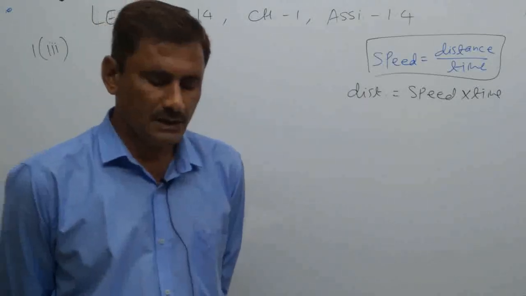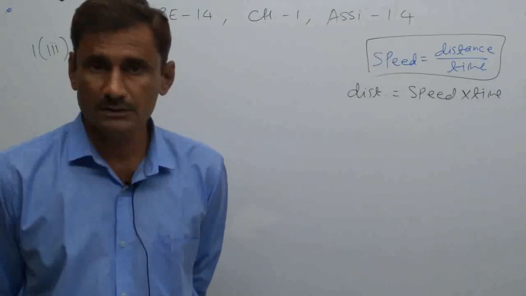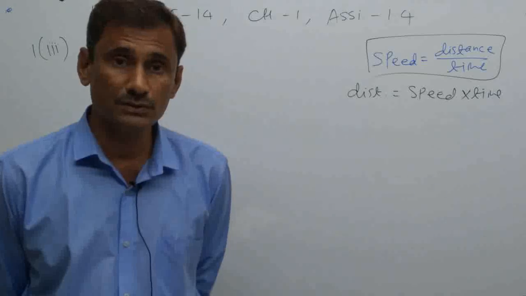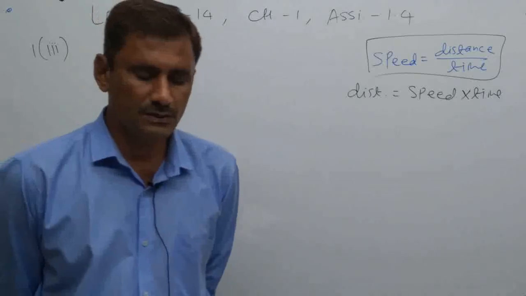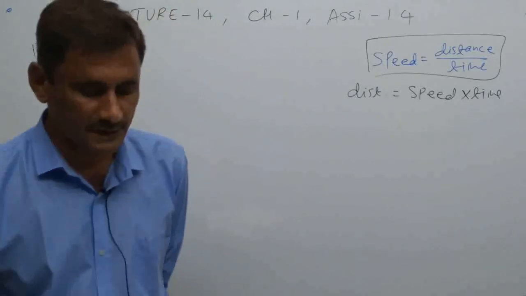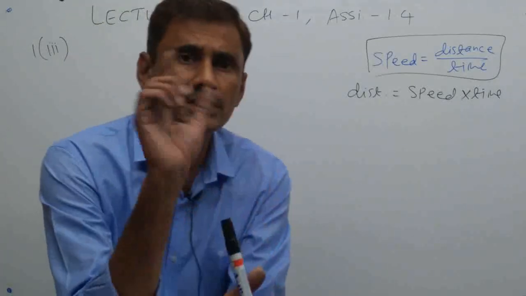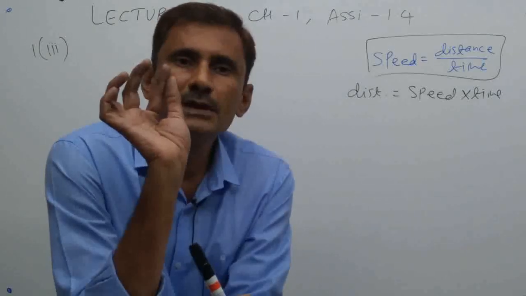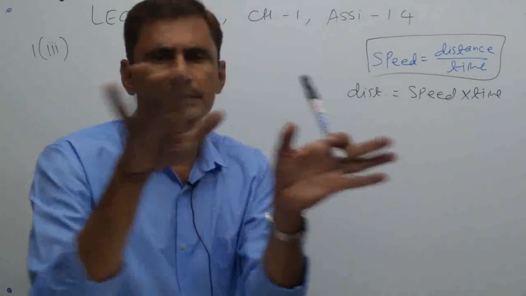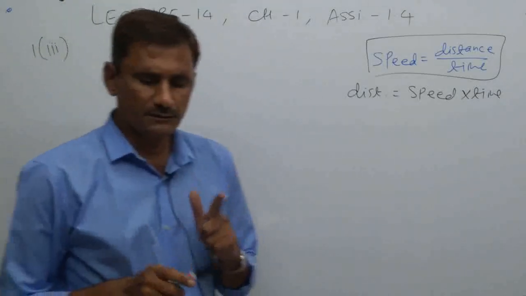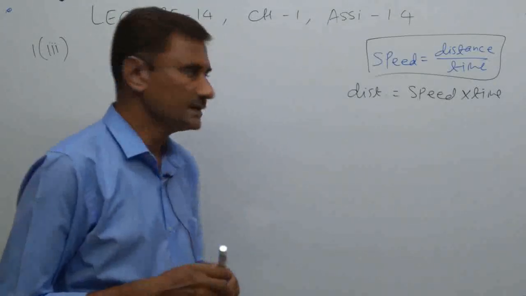60.5 given. Now they have given 10 integer 1 by 2 hours, and so how much is the time? Because hours are given, minutes are also given. So let us first of all convert them into hours, because options are given in kilometers only, and everywhere it is kilometer per hour. So here distance is in kilometers, time in hours, speed in kilometers per hour. So stick to these units only. Okay, so let's convert that time totally into hours. So we check how many hours and how many minutes in total.